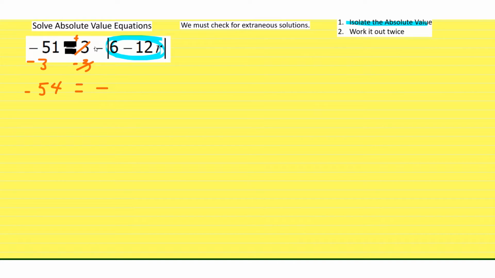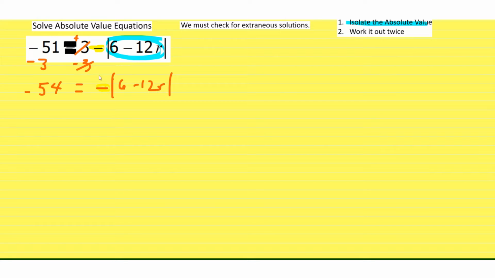Now just don't forget, this negative is still here. So I got to bring it down right there. And it's going to be negative absolute value of 6 minus 12r. Let's make that a little bit longer. 12r. And now the only thing that I need to remove from the absolute value side of the equation, which